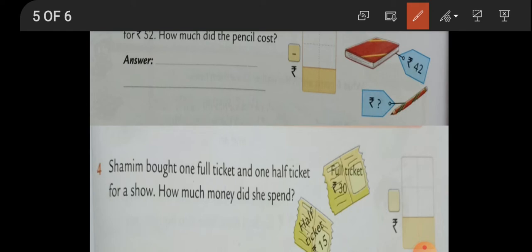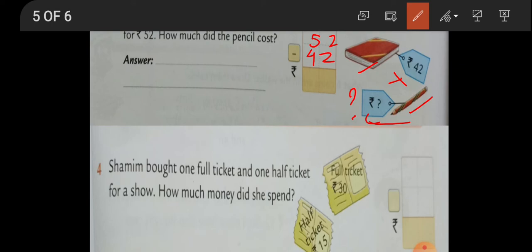Now children, please pay attention. Okay. Zahida has bought 2 things. And what is that? It's given in the picture. Book and a pencil, beta. So the total amount she has paid for that is 52, beta. Okay. Now out of the 2 things, book and pencil, the rate of the book is given to you. That is rupees 42. But you don't know the amount of the pencil, that we have to find out. Out of the 2 things, always remember, in 3rd standard also and 4th standard, when one is given, and you are told to find the rate of the other thing, the other object which you have bought, you need to subtract, children.